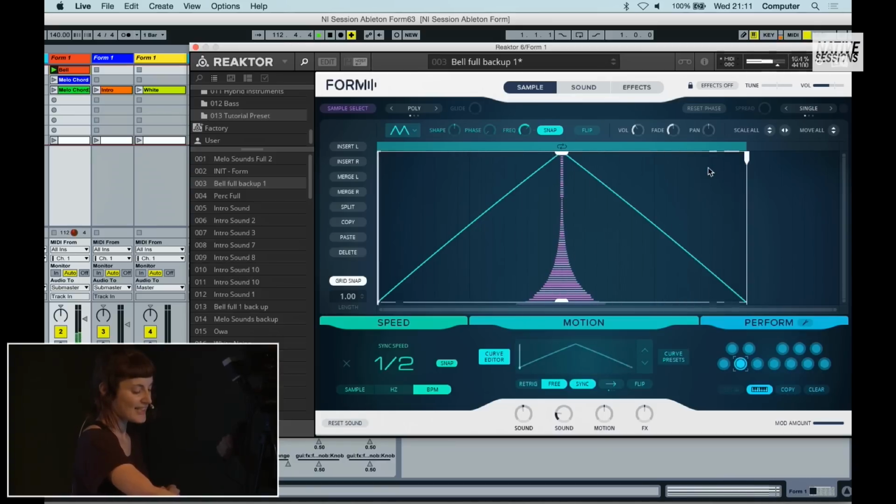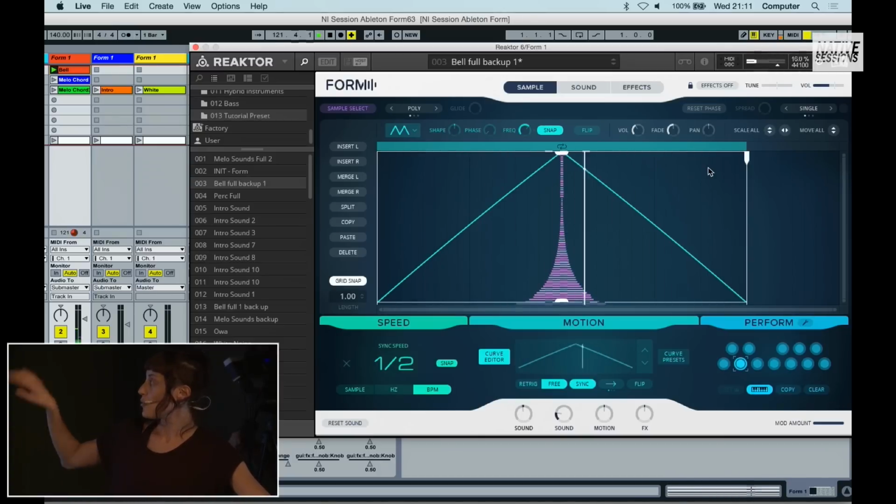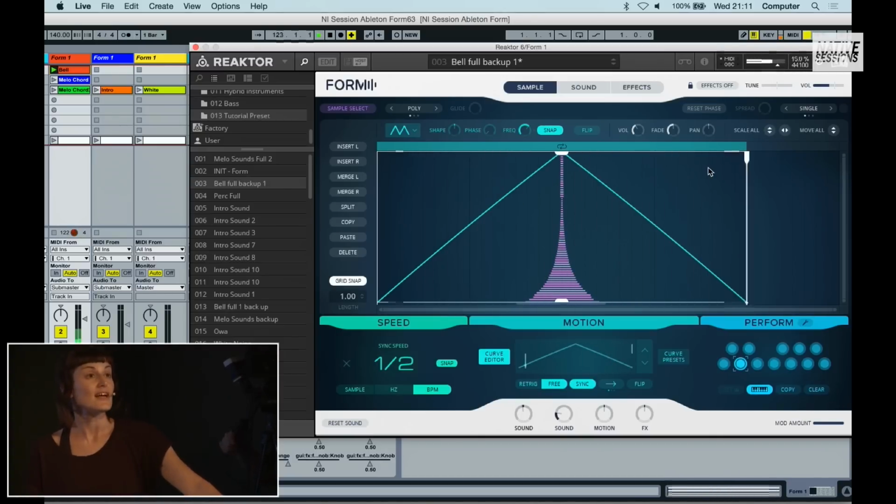Just to show you what that sounds like, now I'm going to choose a different waveform. I'm going to choose a triangle. So this sounds quite different to our diagonal line. And what's happening here is while the curve is rising, the sample is being played forwards, and while it's falling, the sample is being played